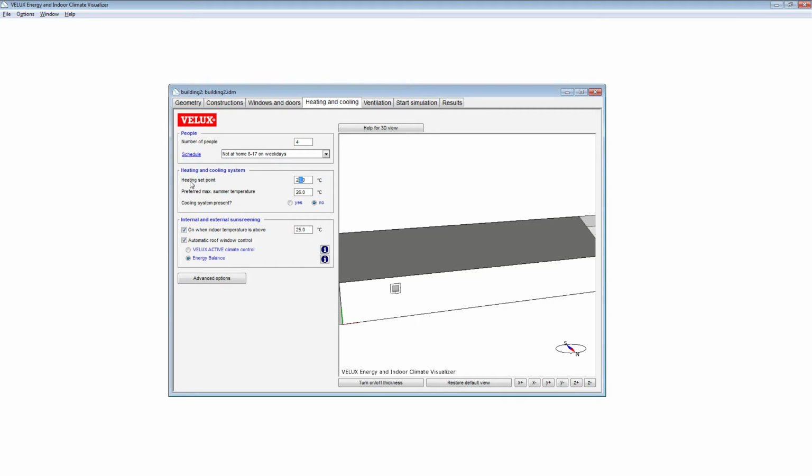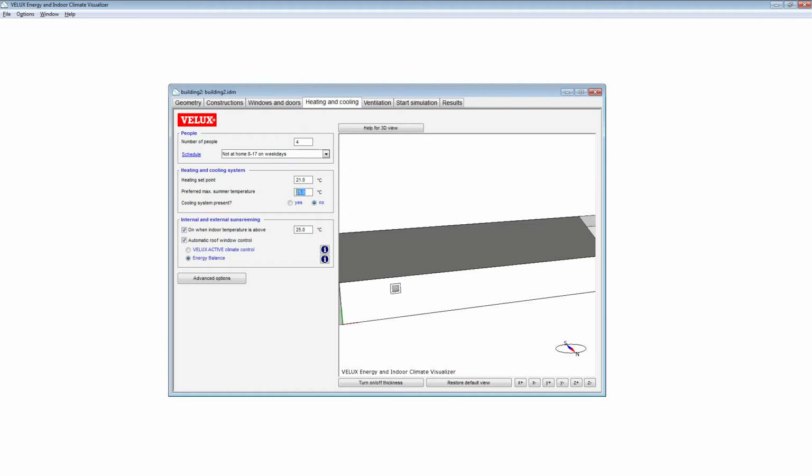The heating set point is the preferred temperature, and it's nicely explained here as a preferred max temperature. This doesn't mean that the temperature can't go beyond 26. Of course it can, if we have a lot of heat coming into the building, or a lot of people inside.